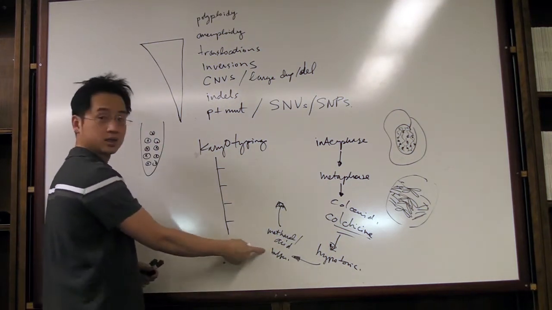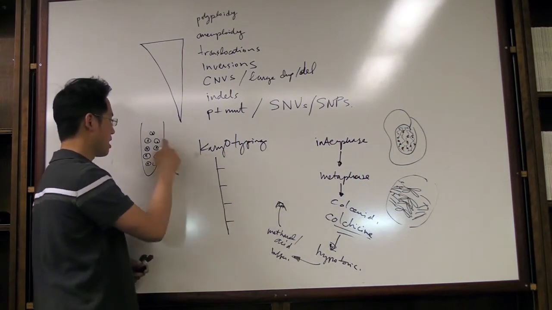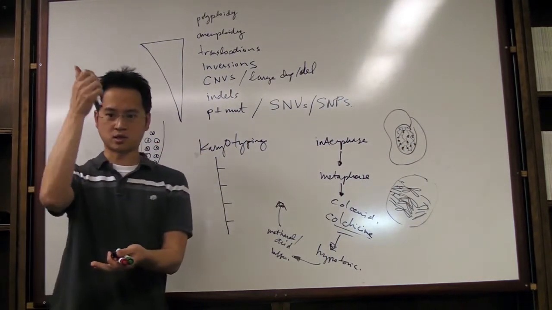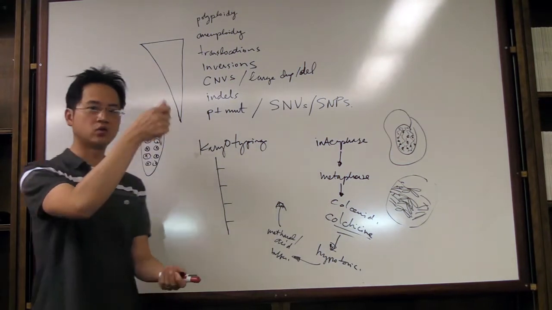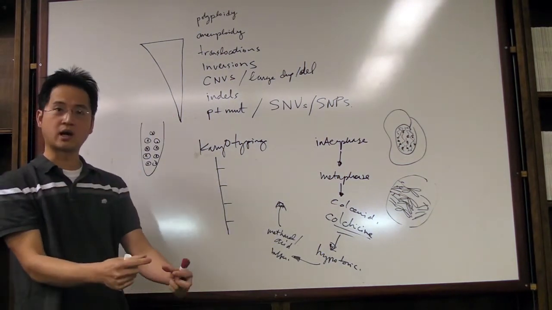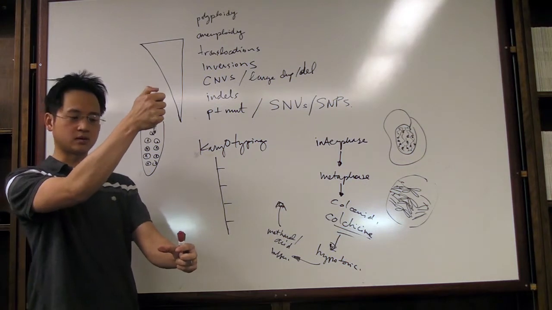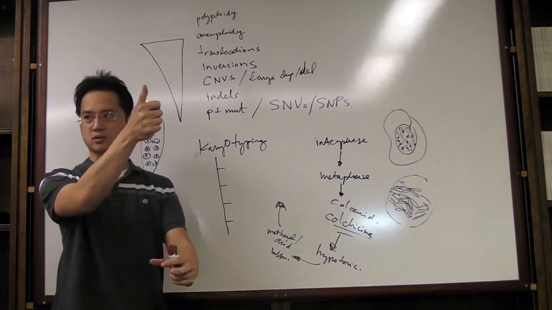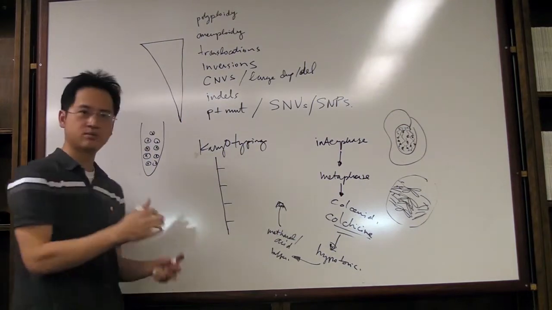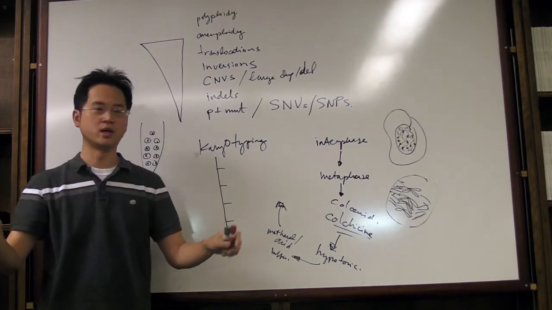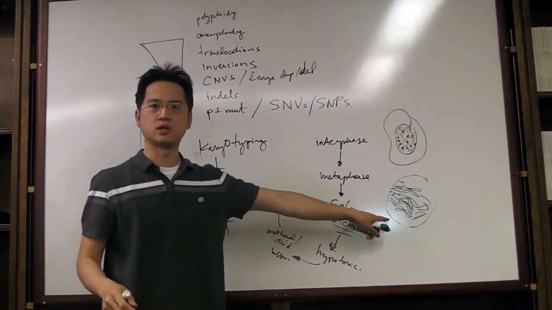Fix in the methanol acetic acid solution. And you literally are going to do a spread by dropping the cells. So you literally use gravity, drop the cells. So let's say this is my glass slide here. You would drop it at about 10 inches, 12 inches or so, drop by drop. And when it hits the glass slide, it basically bursts the cells open and gives you a spread of the